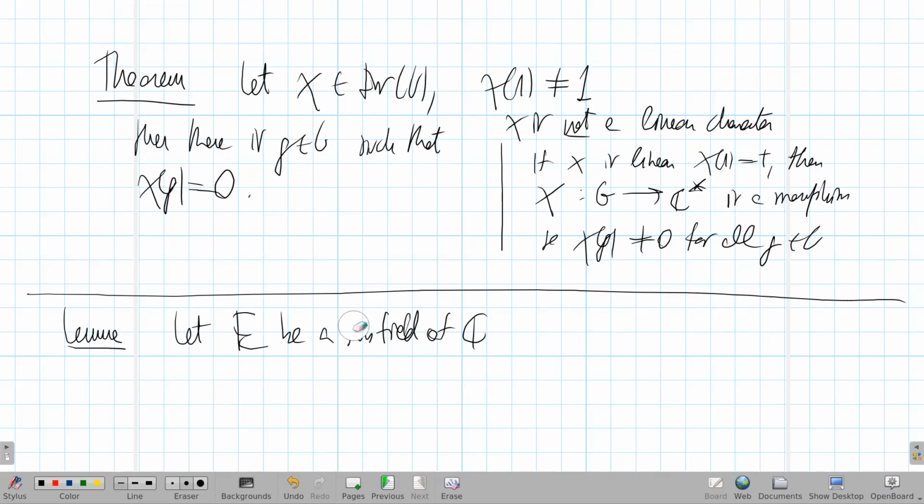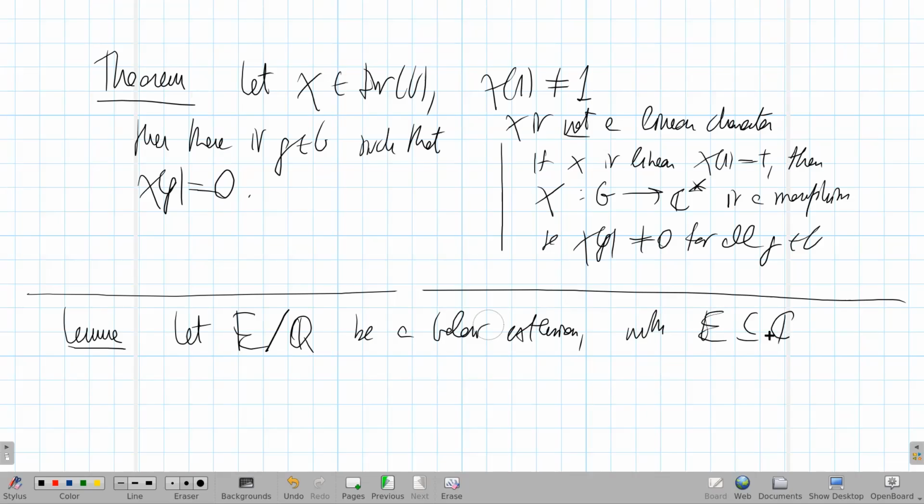Actually, sorry, let's be more precise. Let E over Q be a Galois extension, with E contained in C. So E is a field containing Q and a subfield of C, and this is a Galois extension with Galois group abelian. Okay, then